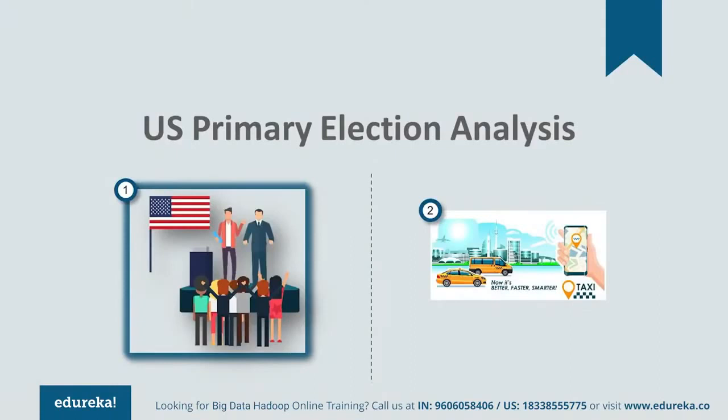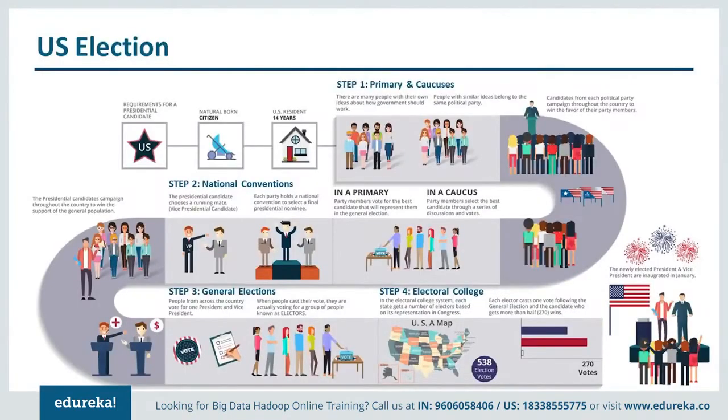Let us start with the U.S. primary election use case first. In this use case, we will be discussing the 2016 primary elections. In the primary elections, the contenders from each party compete against each other to represent his or her own political party in the final elections. There are two major political parties in the U.S., the Democrats and Republicans. From the Democrats, the contenders were Hillary Clinton and Bernie Sanders, and out of them, Hillary Clinton won the primary elections. And from the Republicans, the contenders were Donald Trump, Ted Cruz, and a few others. As you already know, Donald Trump was the winner from the Republicans.